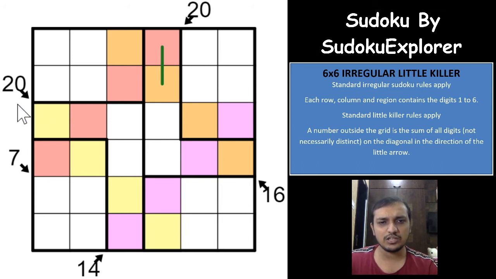Let me show you what the in-out rule is all about. I have just marked an imaginary line between row 2 and row 3. Within the first two rows you have one whole region that uses 1 to 6 numbers, and the other 6 numbers will always have to be 1 to 6. So 1 to 6 appear exactly twice in the first two rows. This whole region uses them once.